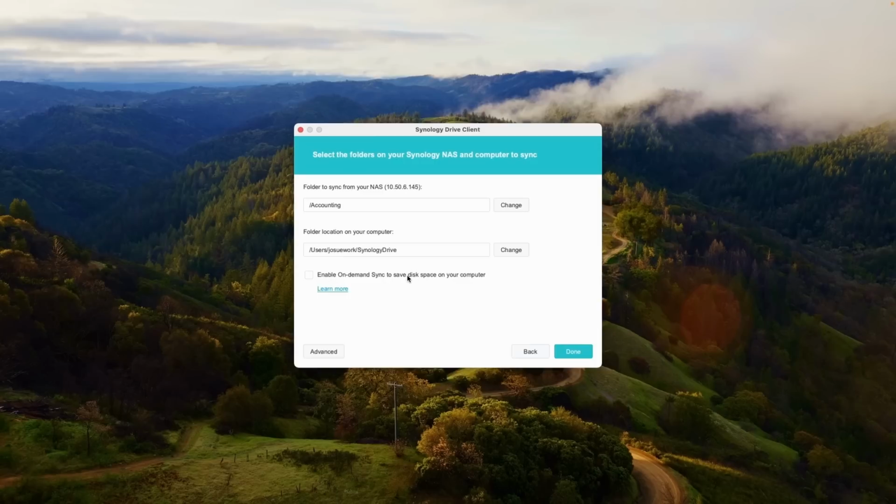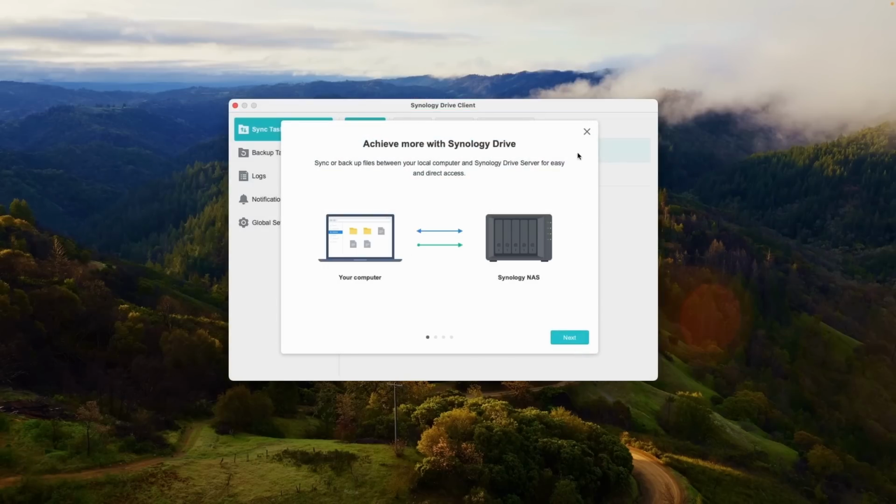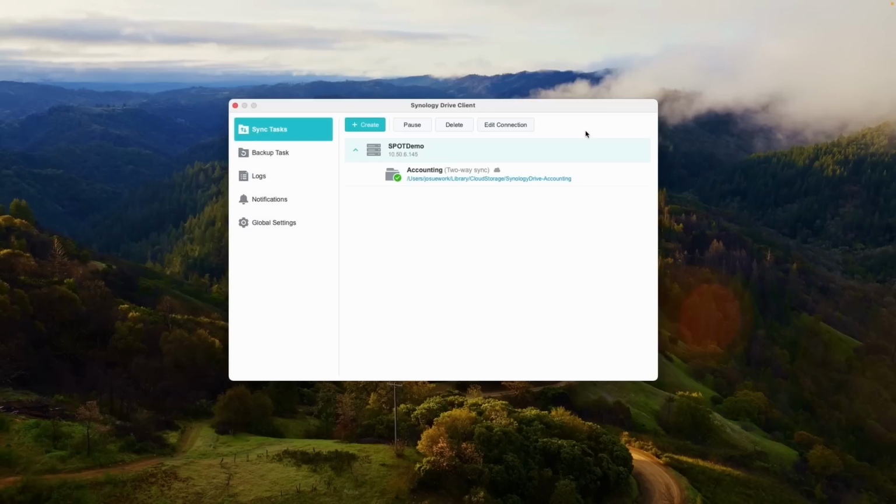We're going to enable on-demand sync, however, so that's going to gray out this second bar, and we're going to actually name the task itself. Once that's all complete, we're going to allow this initial sync to complete. And once we see a green check mark, I'm going to be able to click this link here right underneath that accounting label, and it's going to jump right into our macOS device and show us where this lives on